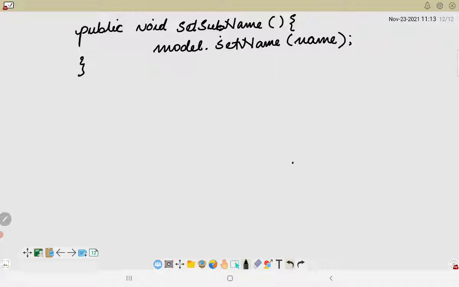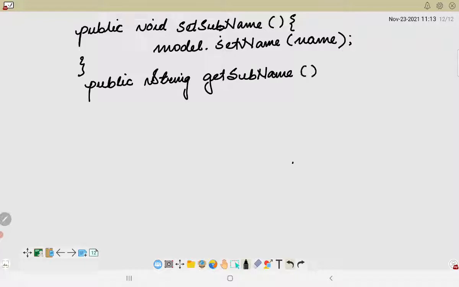Then let's say we have now also the getter method for this. So public String getSubjectName, and here what we will be doing, we will return model.getName.